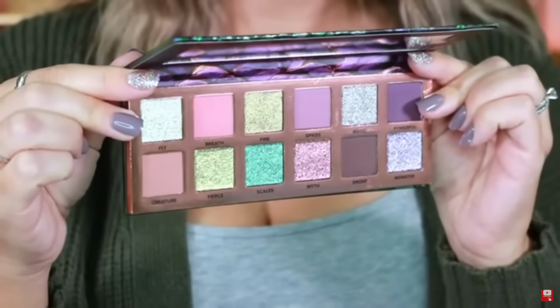Now, I've only tried like 2 or 3 palettes in their brand, but the one palette that stands out to me is going to be their Dragon Eye palette. Now, I love the outside packaging. It's so pretty, right? I will say the color story on the inside doesn't necessarily match the outside packaging,